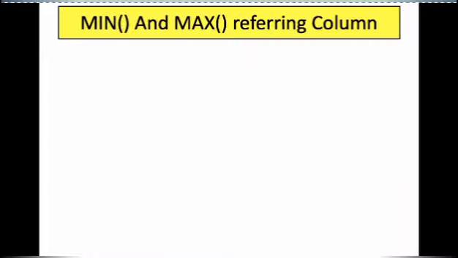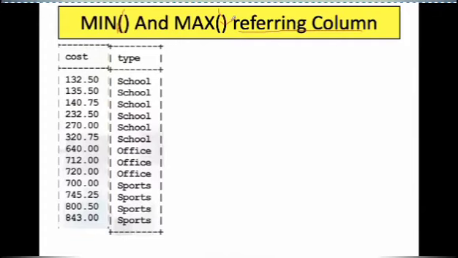Now let us see simple examples in which the min and max functions involve only columns, that means a column name is passed as parameter. We are considering the cost and type columns in this example.